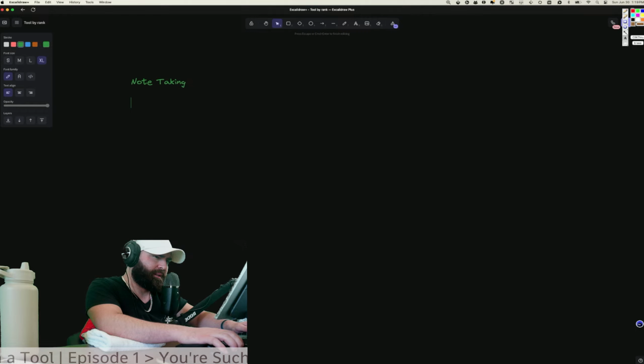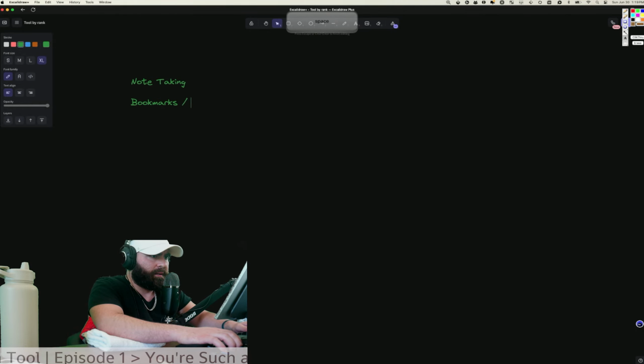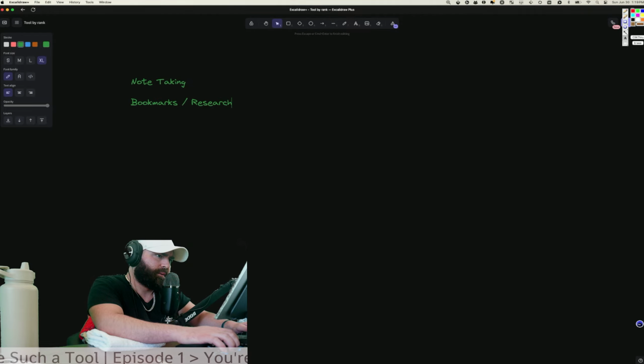We'll consolidate and refine as we go on. So, note taking. What's another one? Yeah. Bookmarks, the big one. In research, I kind of put those in the same, at least for my workflow.